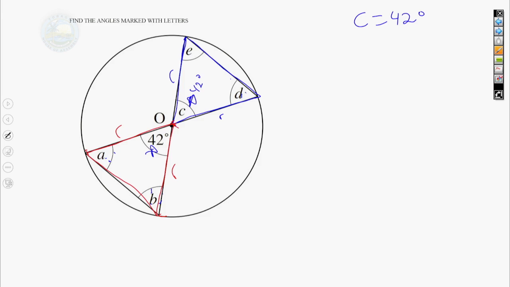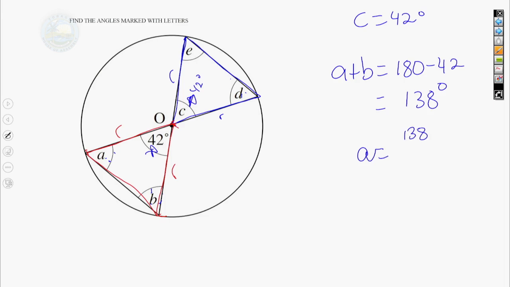So the sum of A and B will be the remaining after we subtract 42 from 180, and that's 138 degrees. And since they are equal, one of the values will simply be half of 138, which is 69 degrees. So that means that A will be 69 degrees,